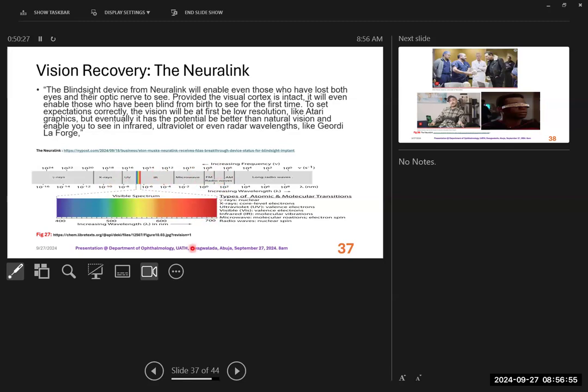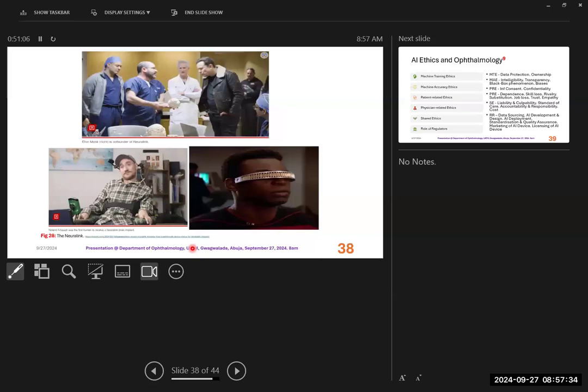I don't know whether those people that will be wearing that spectacle will become another Solomon. You know Solomon? If you know the story of Solomon, they said that he was able to communicate with the jinn. You know what they call the jinn? He was able to send them on errands. Maybe those that will be wearing this spectacle will be able to see those things that you cannot, that it's not possible for human capacity to appreciate.